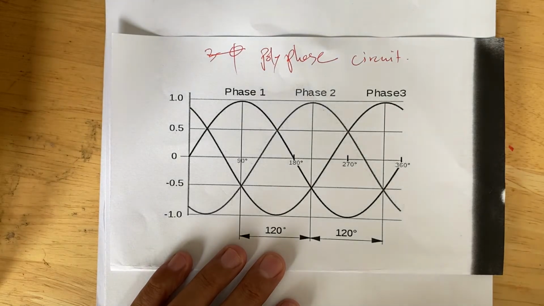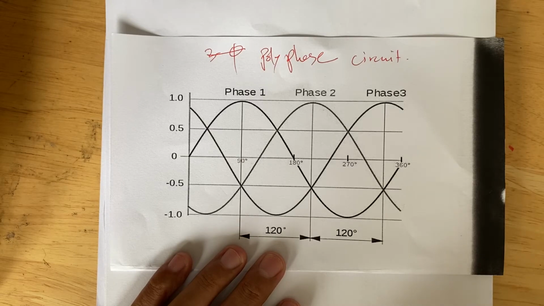Okay, in this video, we are going to discuss the polyphase circuit, which is the last unit from the module descriptor, Circuit Theory 1. Now, a three-phase electric system may be considered as three separate single-phase systems, where each phase is displaced by 120 degrees